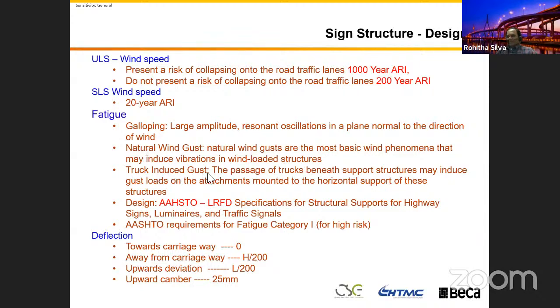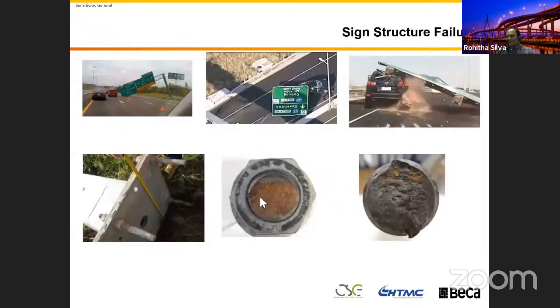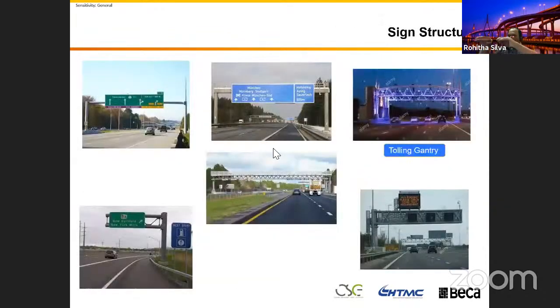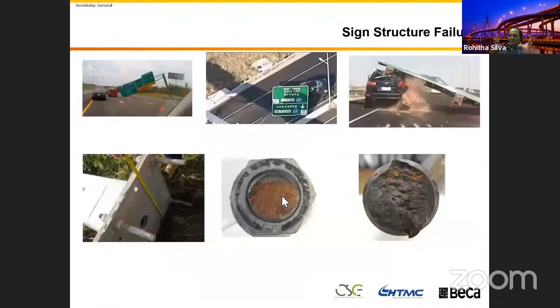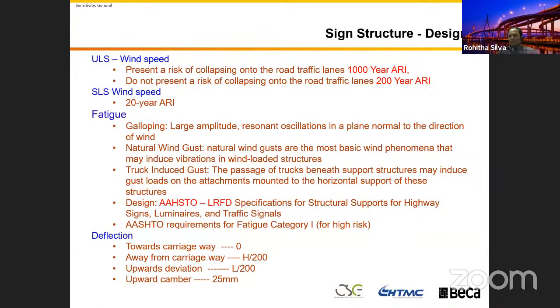And the truck induced gust, because if you see this one, every time when the truck goes underneath, close to this in here, for example, if it is a sign structure, there is a vacuum created in between, so that creates a lot of force, because you can see the amount of trucks just passing underneath the sign structure. It's significant. So because of this recent incident,